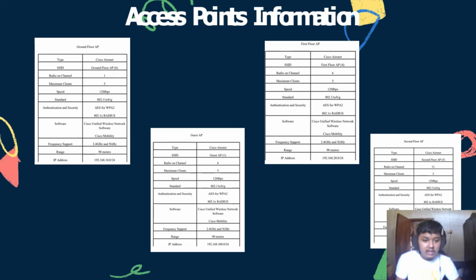For the guest AP, the type is the same. The SSID is guest AP. The difference is the radio channel is 6 and the maximum client is the same, 5. The speed, standard, authentication and security, and software are the same. Frequency support and range are the same, and the IP address is